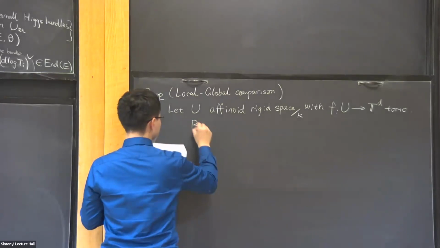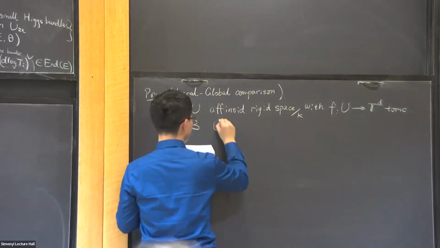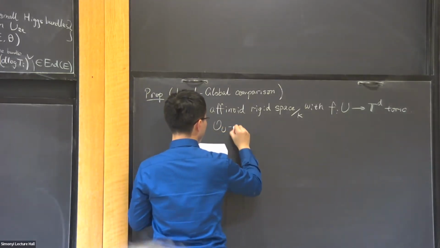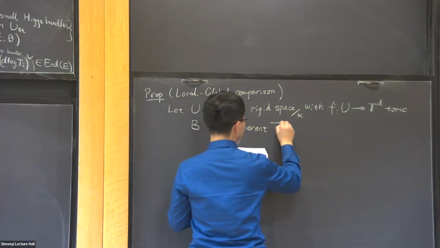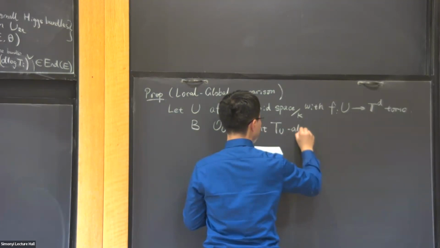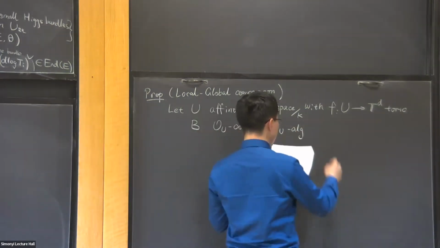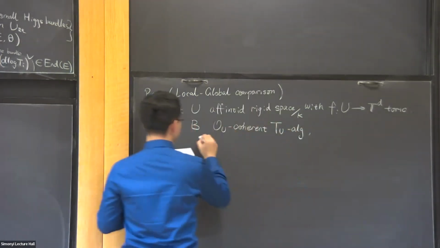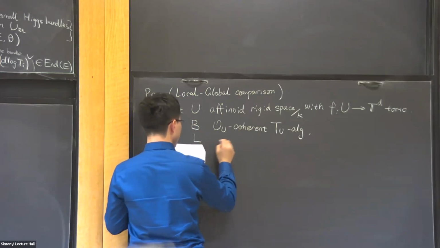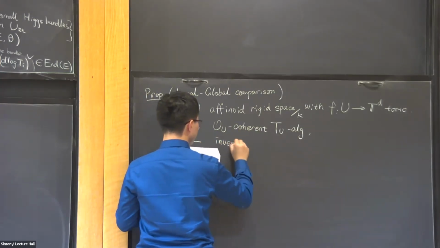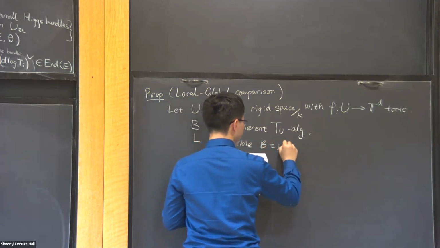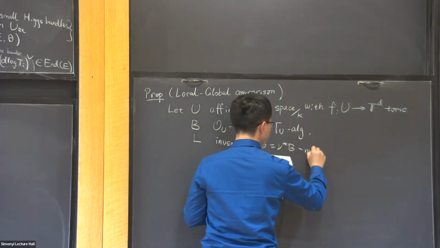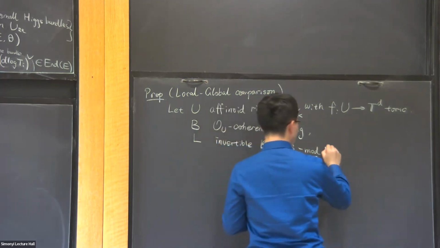And let B be a coherent O_U-algebra, with T_U the tangent bundle of U. And I give an invertible B-module L with